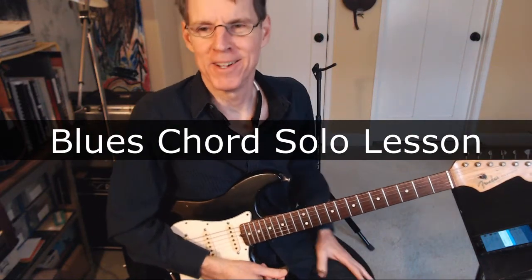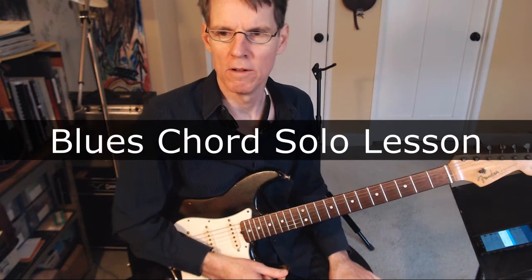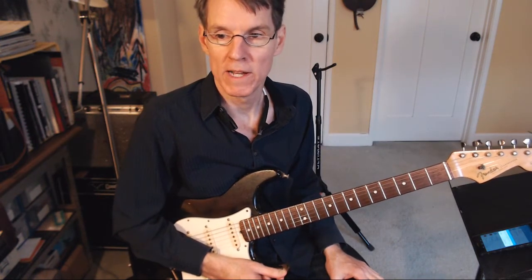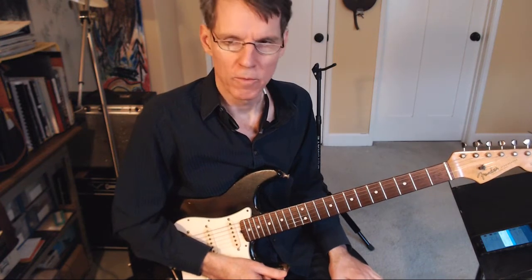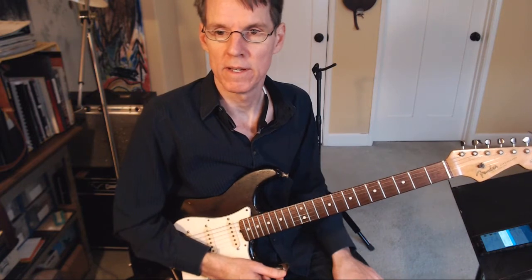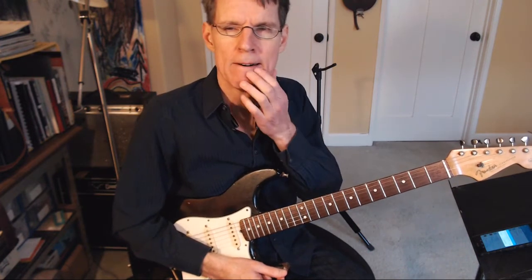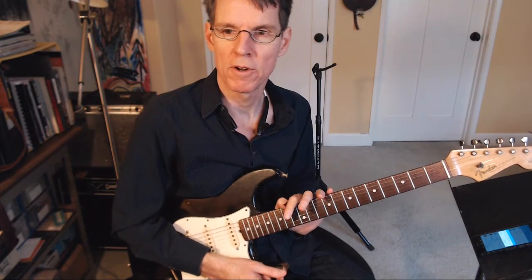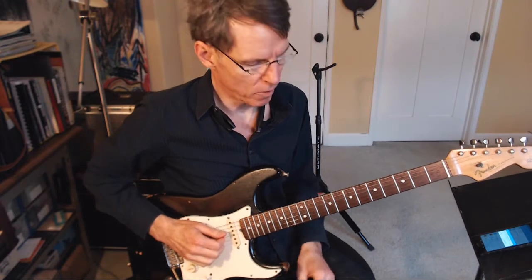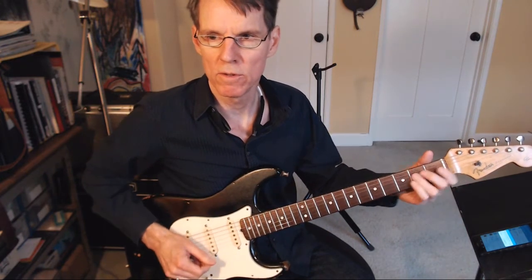I'm just not hearing enough chords, so I want to show you guys a chord solo for a 12-bar blues in E. Now this solo has a quick change, which is a switch to the 4 chord, A7, in the 2nd bar. And we're also going to use the jump blues turnaround. So that's a 2-5 at the end. So if we're in E, we got an A7 in measure 2,